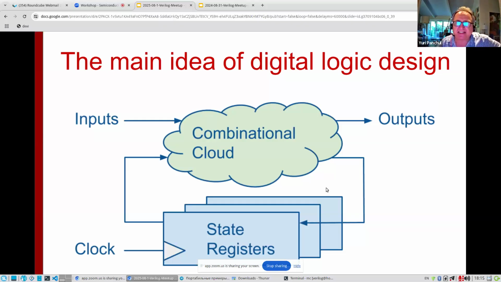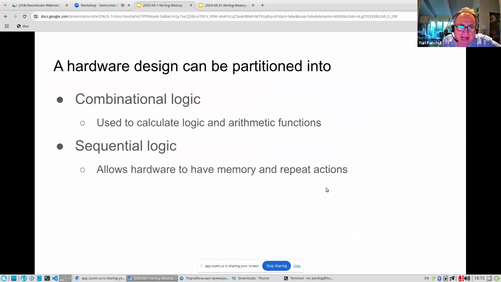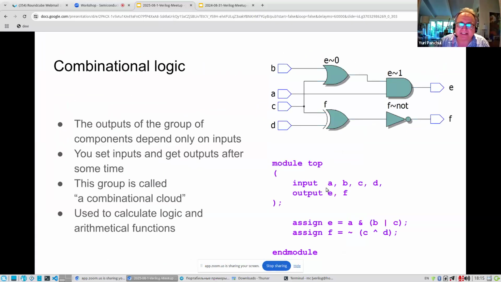And state registers are something that has state or memory. As you already discussed with Jorge, combinational logic is something you can understand relatively easily.